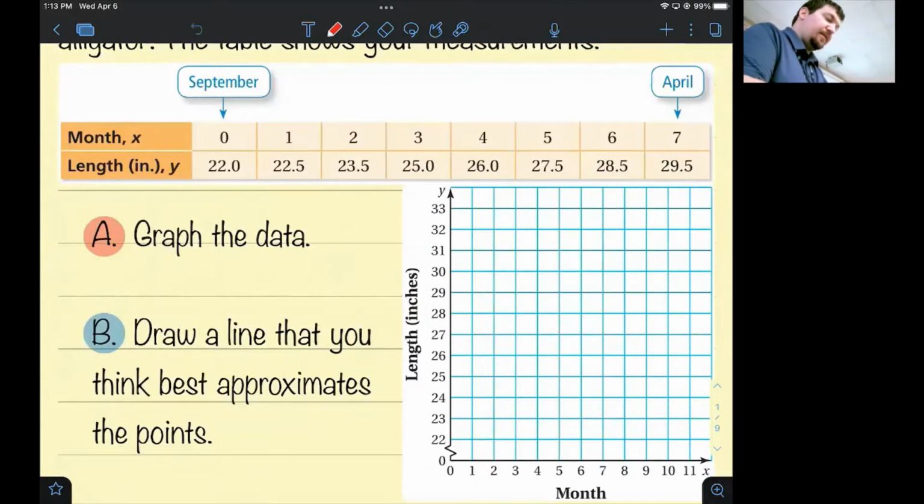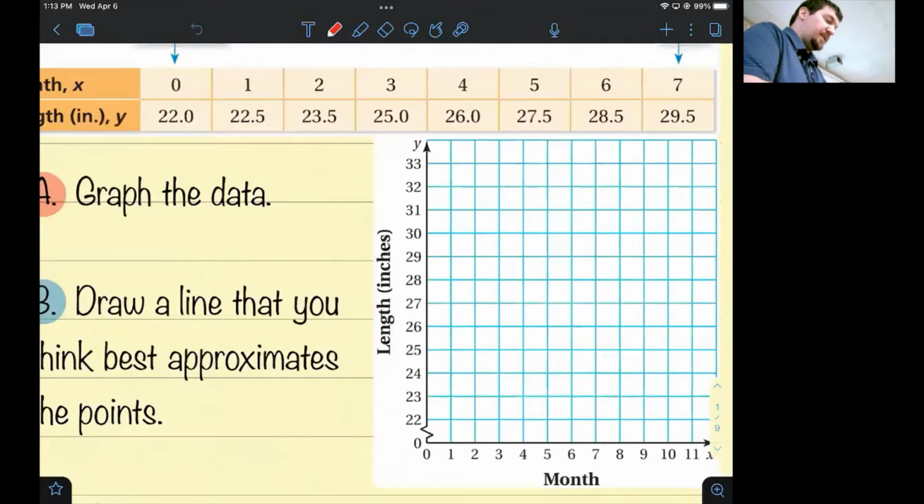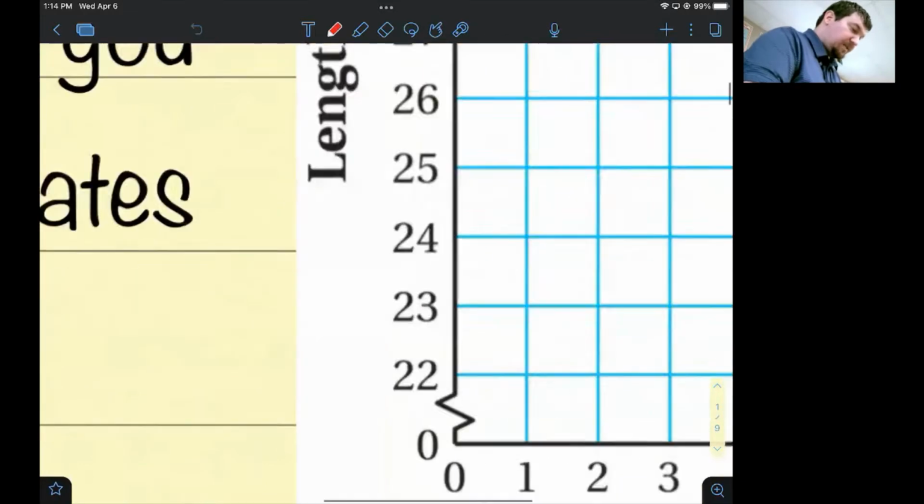And as you might have noticed, there's another break in this graph because at no point was the alligator ever 0 inches. In fact, when it was born, it was already 22 inches. So at least when we started measuring it, it was 22 inches. So we have nothing below 22. So that's why they didn't include any of those numbers on the y-axis, and they broke that graph right there. So we're going to plot 0, 22,